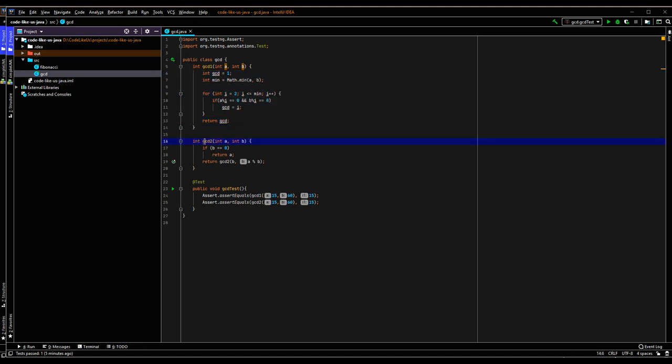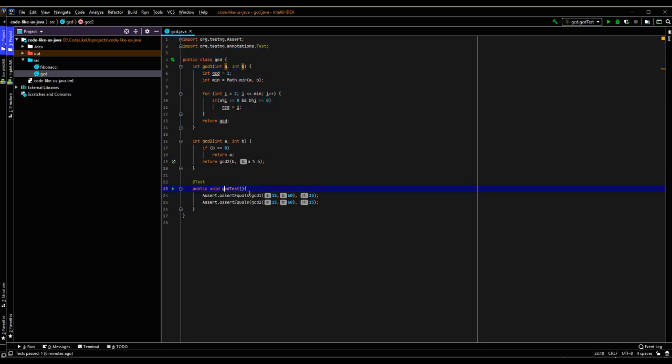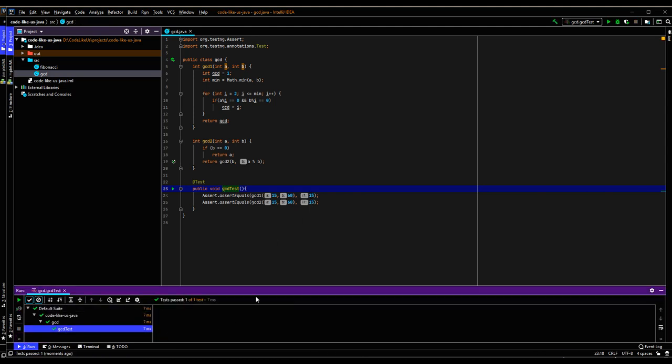The second method is the recursive approach. The same as before, the breaking point of the recursion is when b is equal to 0, we return a. In the recursive call, we put the b value as the next a value and a mod b as the next b value. So the same logic is written here in Java format. We can run it here, both GCD1 and GCD2 tests I have added, and check whether it is working fine. Both values should be 15. Yeah, the test is passed. So this is the Java code.